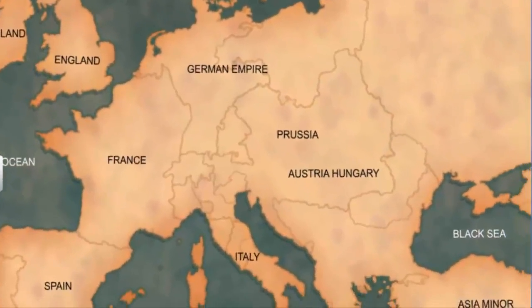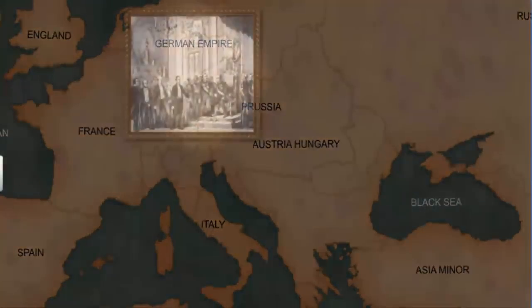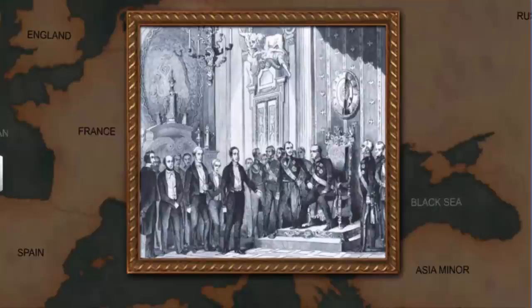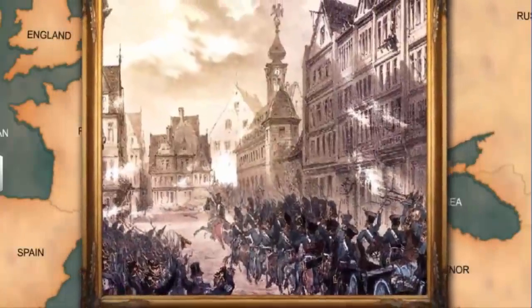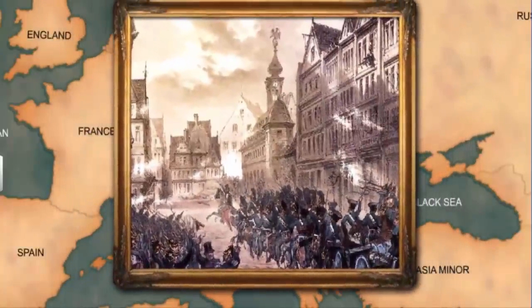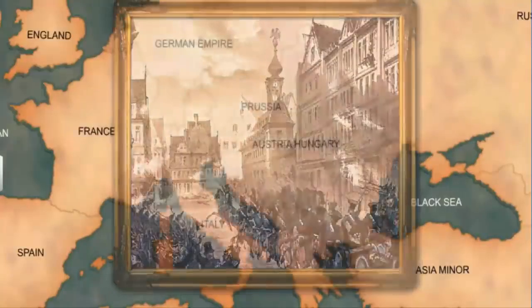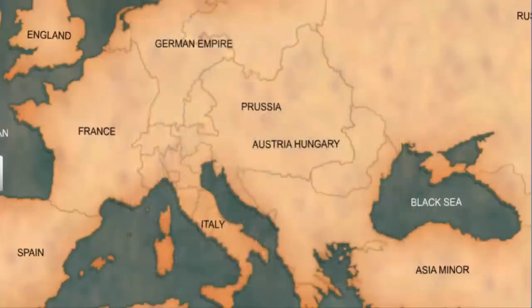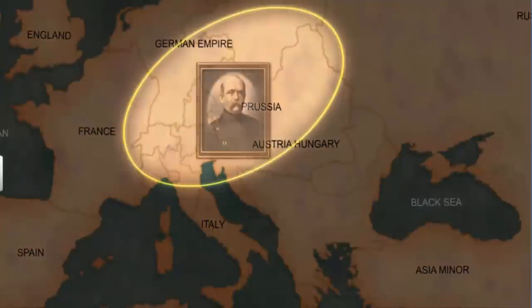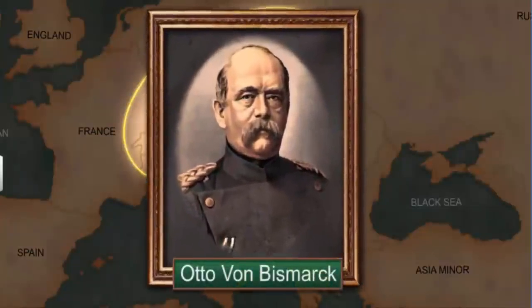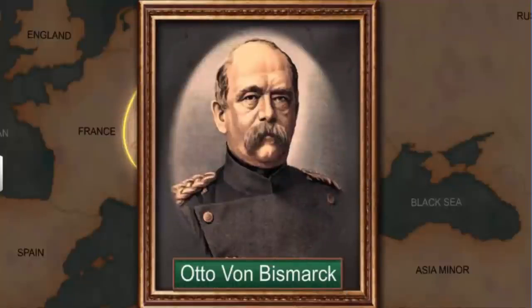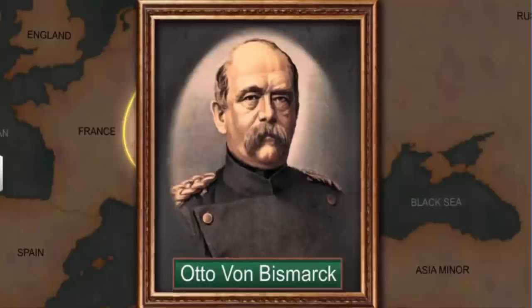The members of the Parliament offered the crown to Frederick Wilhelm IV, King of Prussia, who rejected it as he did not want subjugation to the Parliament. The Frankfurt Parliament was crushed by the monarchy and army, which was supported by the Prussian landowners called Junkers. After the Frankfurt Parliament, Prussia became the leader of German unification. The man who played a crucial role in the unification was the Chief Minister of Prussia, Otto von Bismarck. Bismarck was supported by the bureaucracy and the army.